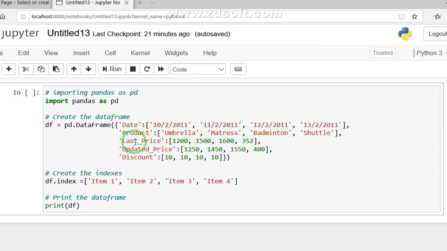Similarly, there are two more attributes related to price. First is the last price, which may be the older price of the products, and similarly the next column represents the new, updated prices of the products. The final attribute here is the discount, and this much discount is offered by the organization. So these are all about the data that we have.